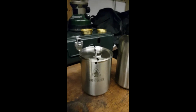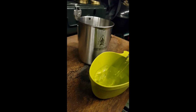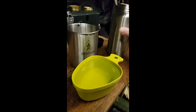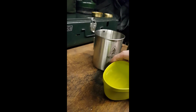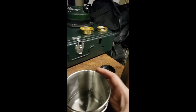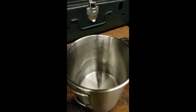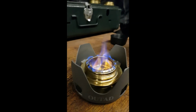the lid. So I'm just going to put enough water in there to fill the cup up. Fill it to the top, and then I've got enough for a swill then. I'll make a brew so I know how much is going in there. So that comes up to about... So it comes up absolutely nowhere near the measurement thing. So the stove's starting to kick into life, but